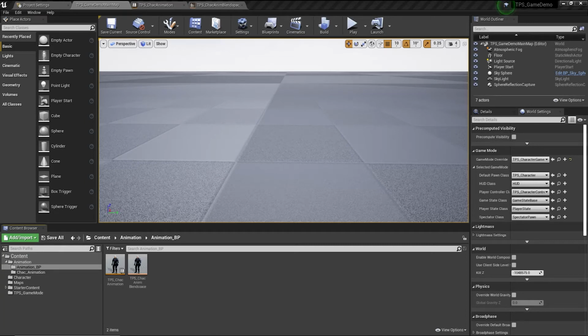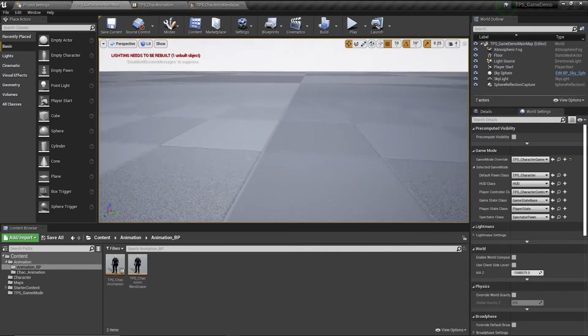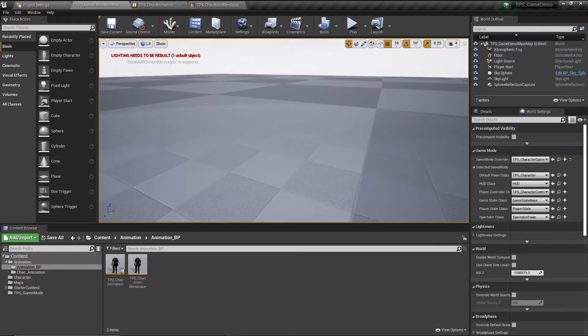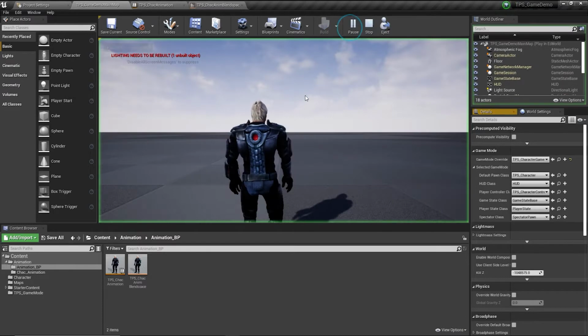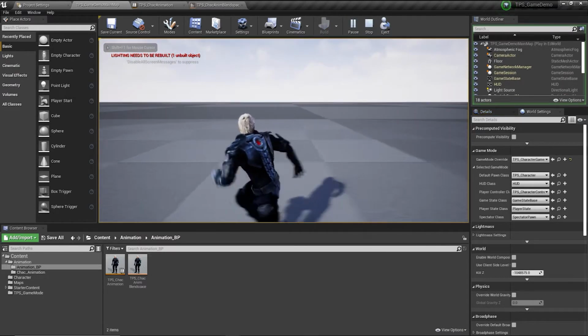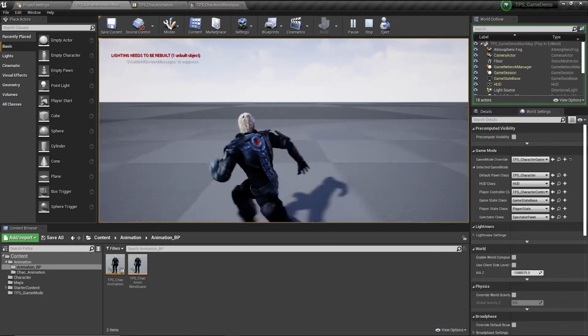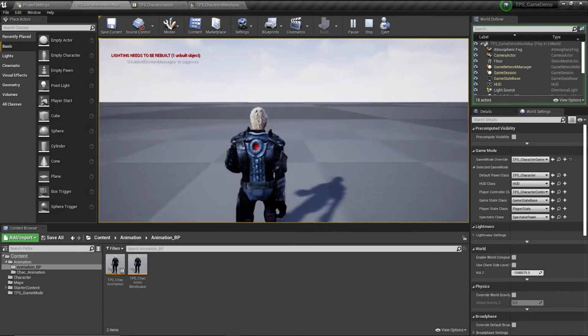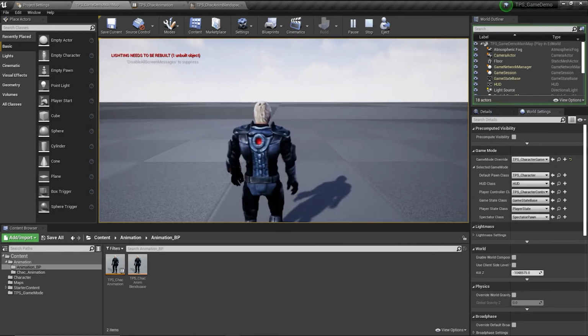Welcome back. In this lecture, we will set the camera orientation. Just before we set the camera orientation, when I press play and when I press left, you can see our character is strafing left. But when I press right, our character is not strafing right. The reason is that